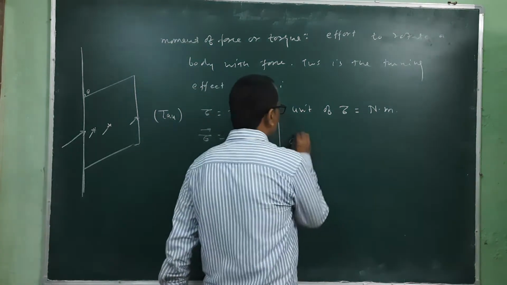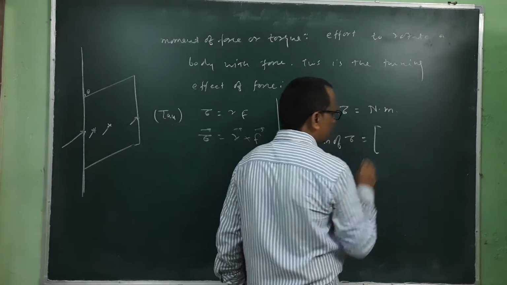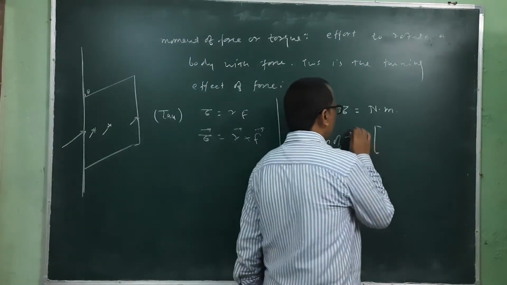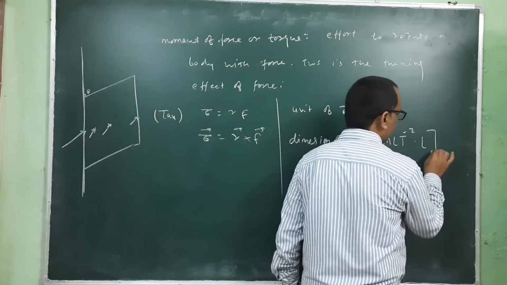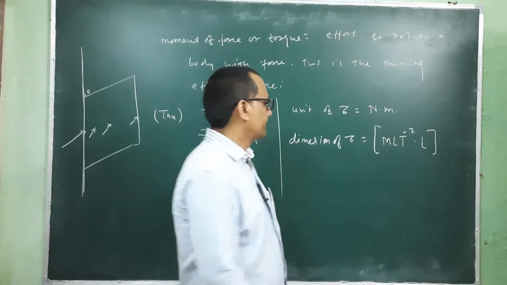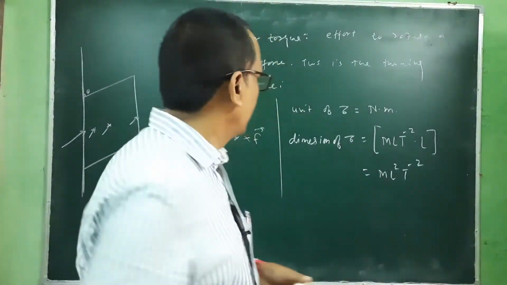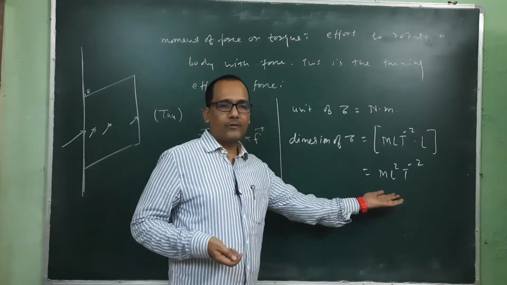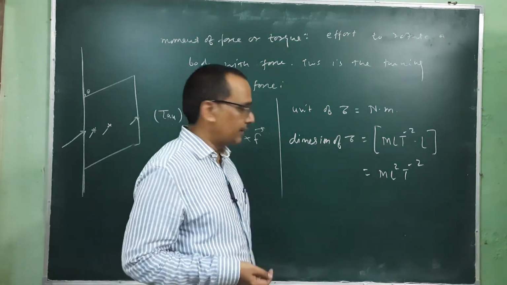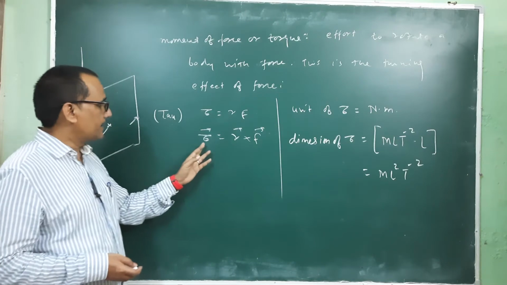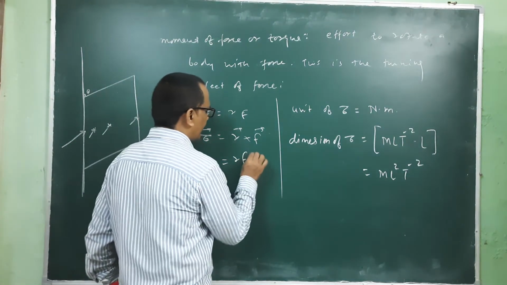And the dimension of tau: Newton is force, that is MLT minus 2, multiplied by the distance L. So the dimension is just the dimension equal to work or energy, ML squared T minus 2, and one can calculate like that. And this tau depends on R, F, and one can write this is RF sine theta